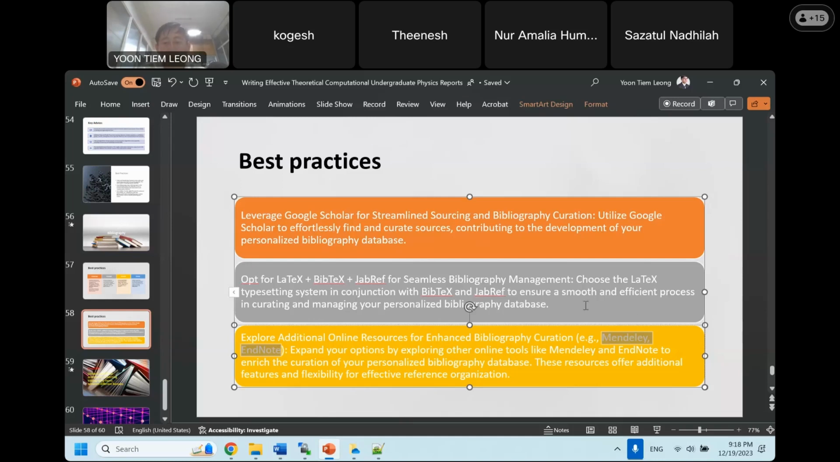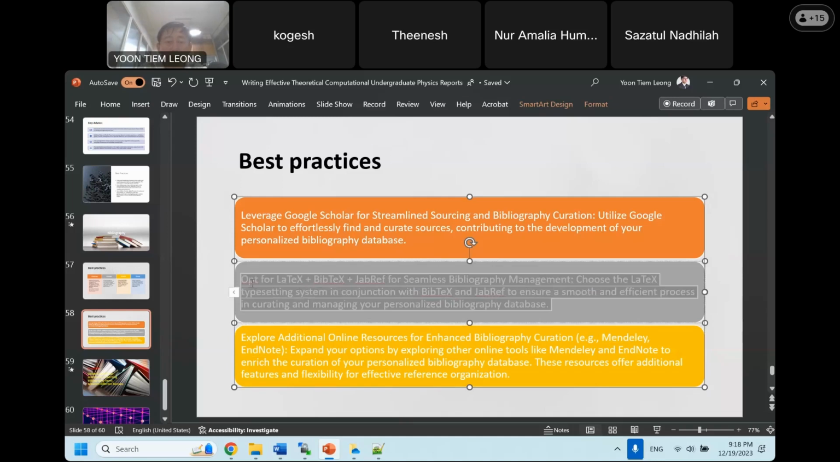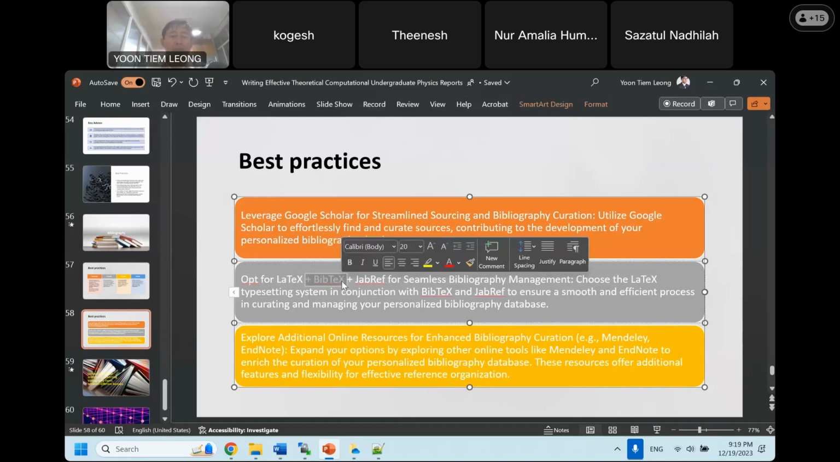So what we do is, for example, I use this method. I use LaTeX and BibTeX and GetRef as my own way to maintain or curate my own bibliography references. And this could be technically not so trivial. We have to learn how to do LaTeX, and you have to learn how to do BibTeX, and then keep a list of all these bibliography items in your database, and then you cite